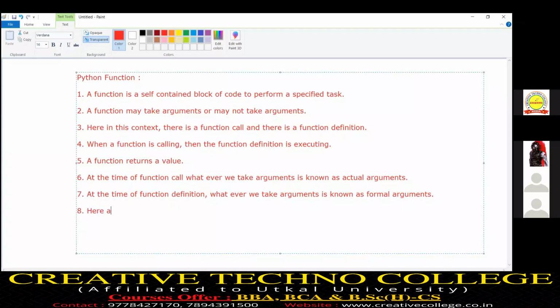Here, actual arguments equal formal arguments. A function definition is preceded by the